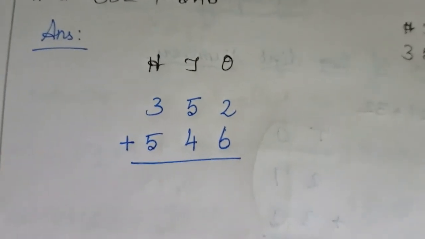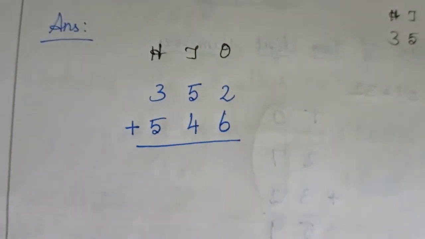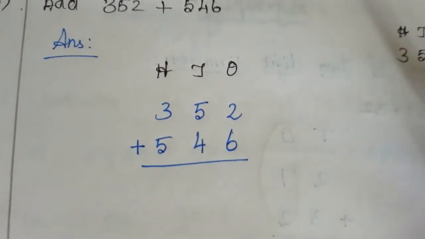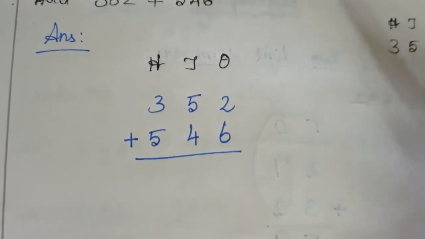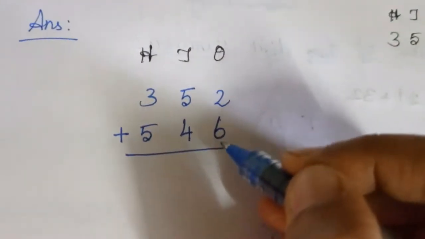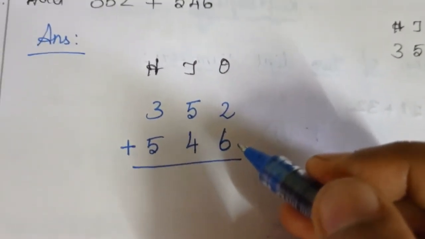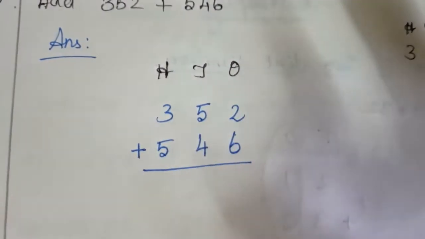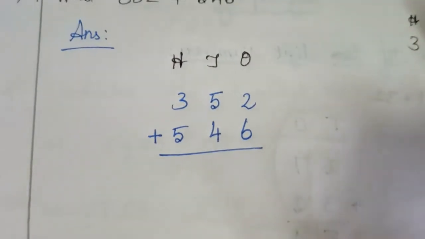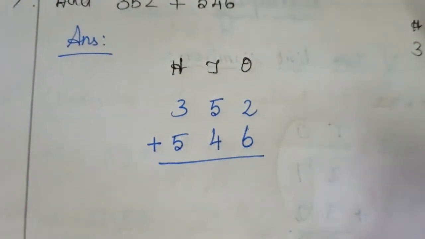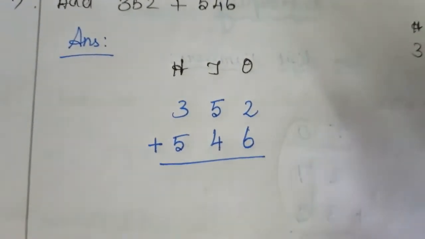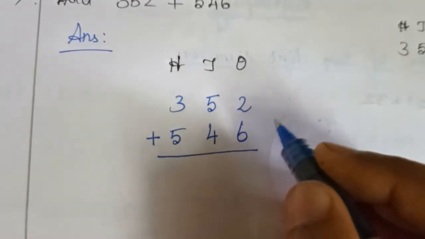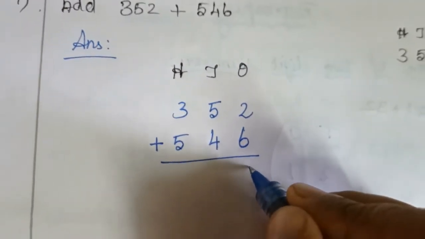Okay, next what do you want to do? Yeah, this is the ones place value. The next what do you want to do? Yes, keep the bigger number in mind. Here the bigger number is 6. Okay, then you have to take 2 fingers, then 6 after 7 8. Okay ma? So the ones place addition value is we got 8.